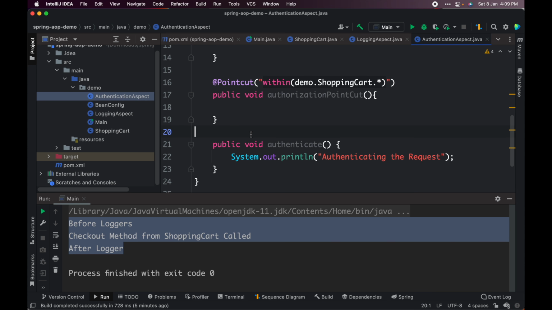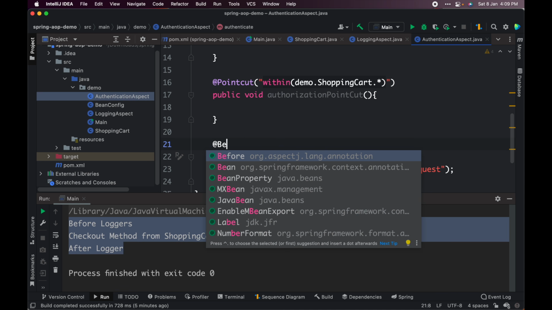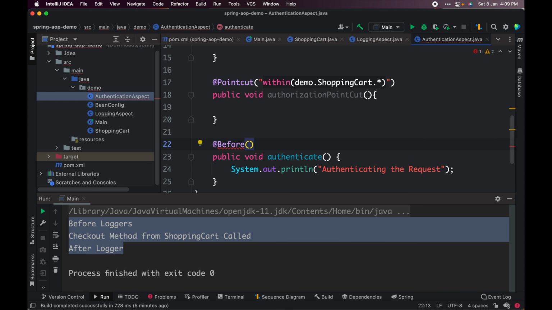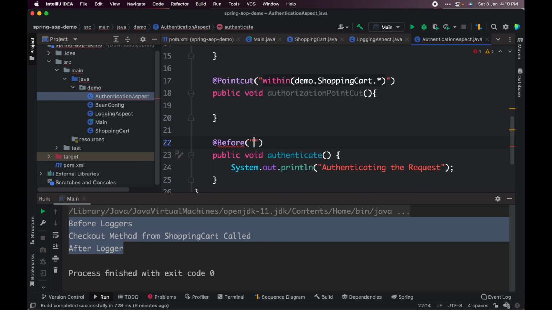Now I need to check where, so I just want to do before. I want to do before a method is called. Here I just want to define when I want to do the authentication. I want to do authentication before the point cuts that I have mentioned, because first thing I want to do when any request comes is to authenticate that request. So here I'll define that I just need to do authenticate.